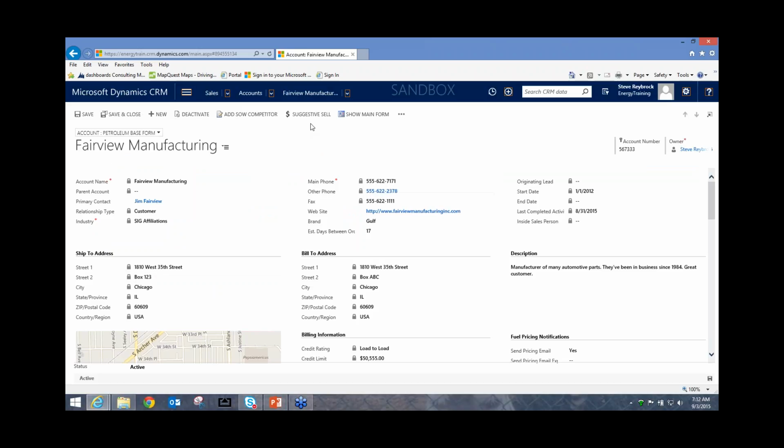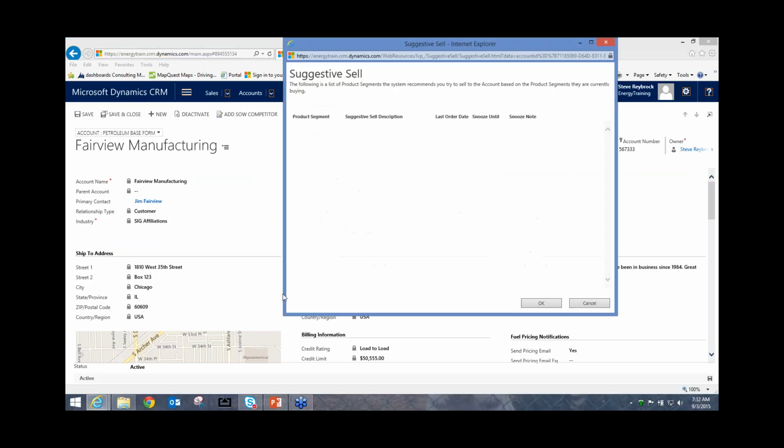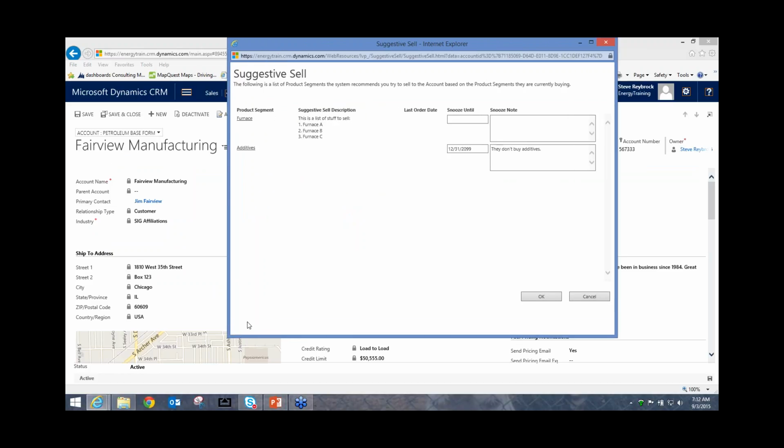Go to my Suggestive Sell. And it did all that analysis based on what they were buying, what they weren't buying, and that matrix. And it suggested that we should talk to them about furnaces and additives. So obviously, if you're hitting this button often enough, you're going to want to record some things that